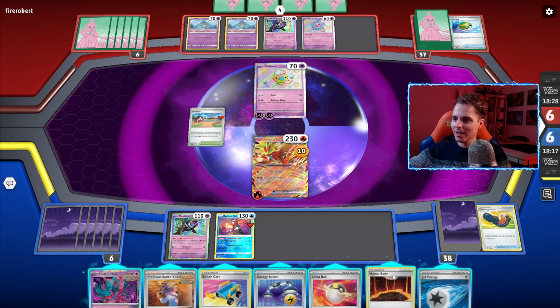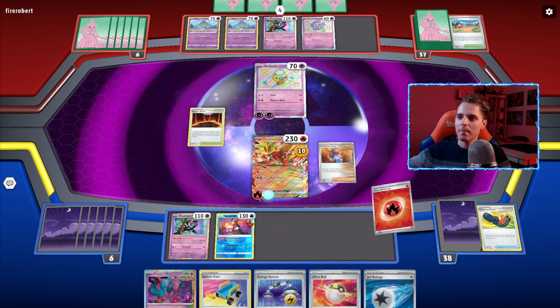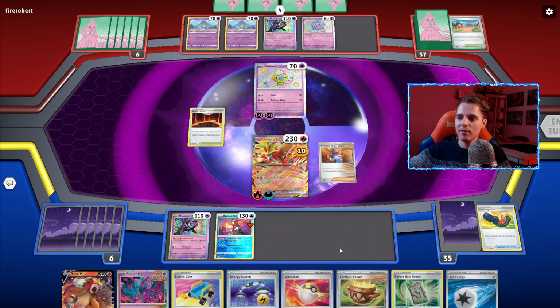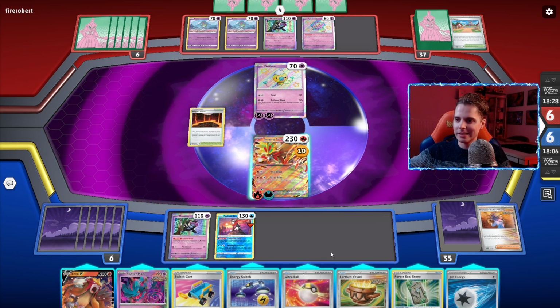Thank you. Okay, let's take it from the top. Going with the Darkness Energy here. Oh, let's go. We even have 4 Sealstone. That's crazy. Now I actually need...